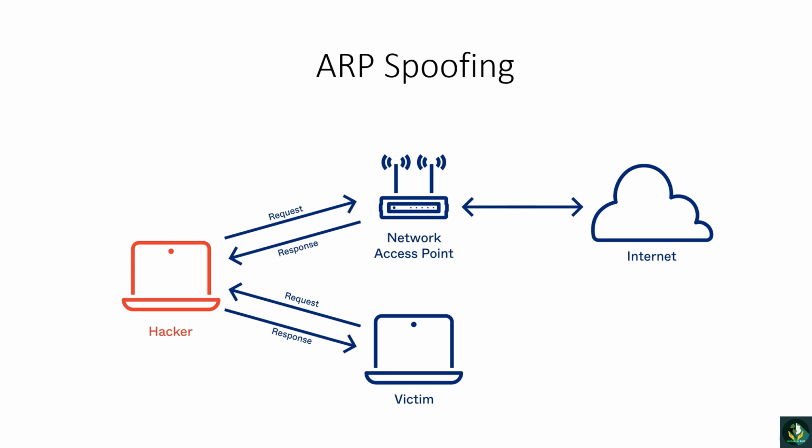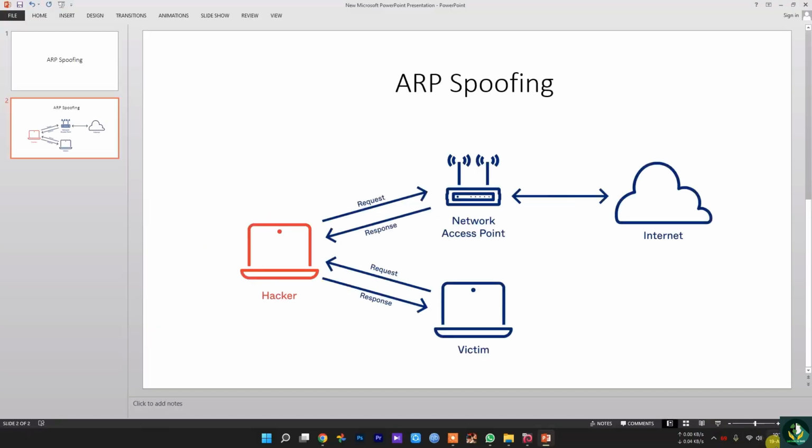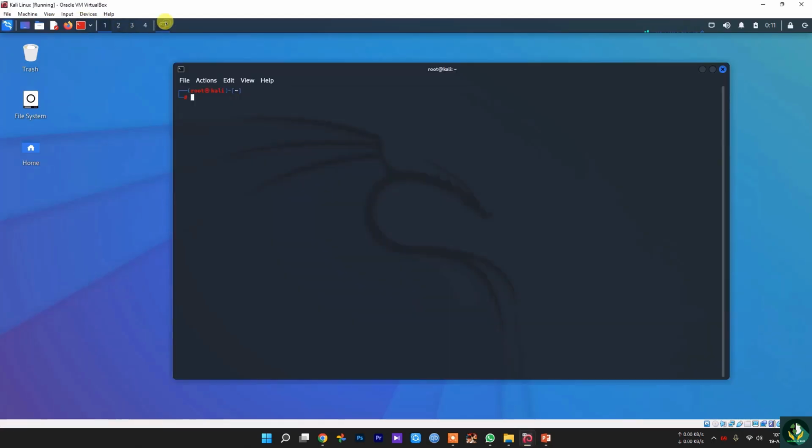So each computer has an ARP table which links the IP addresses on the same network to their MAC addresses. So if I go to our Kali Linux machine, and I just type arp -a,